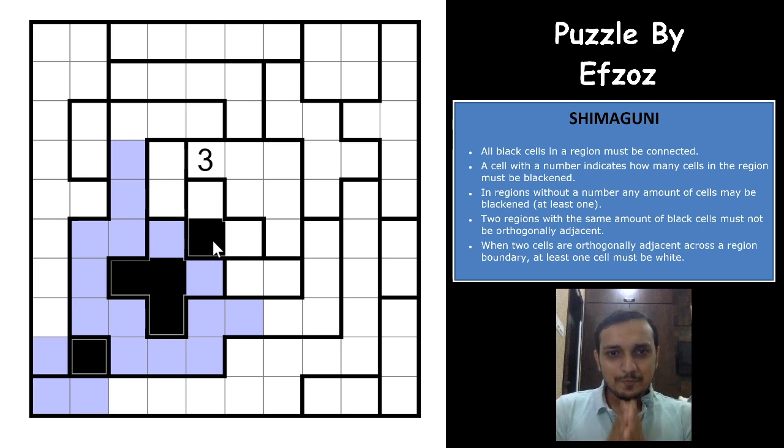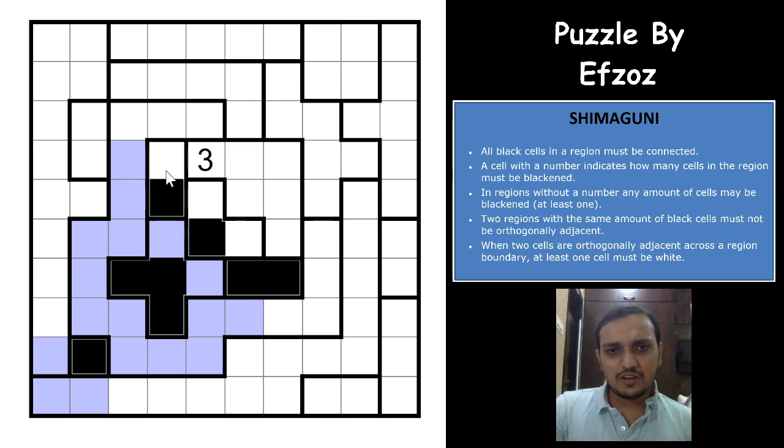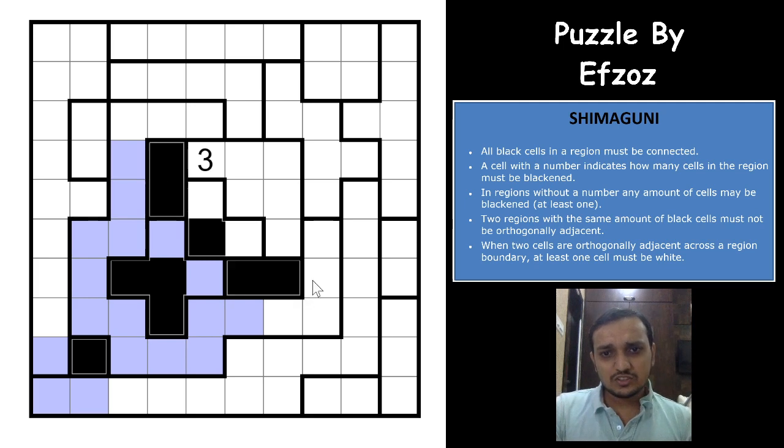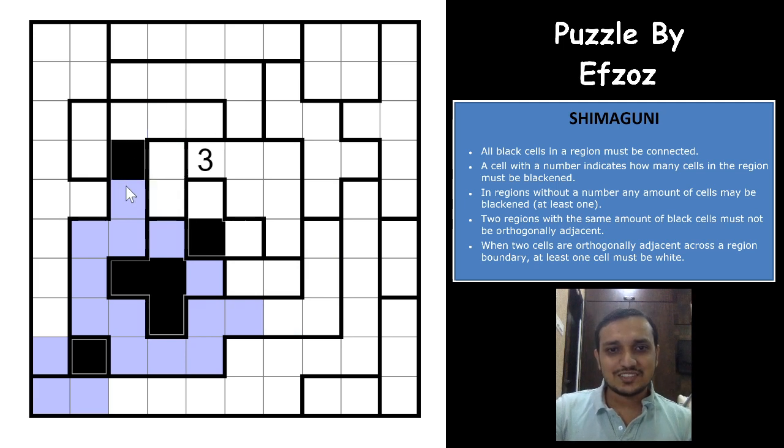Excellent puzzle. So as I see here, we know that if this region has 2 shaded cells, both of these regions will have 1 shaded cell. And if this region has 1 shaded cell, both of these regions will have 2 shaded cells. Now what happens here is that if both of these regions have 2 shaded cells, this region will have 1 shaded cell, either this or this. And in either case, this region already has 1 shaded cell, and you cannot have 2 different regions touching each other with the same number of shaded cells. Excellent logic guys, what an excellent logic this is.